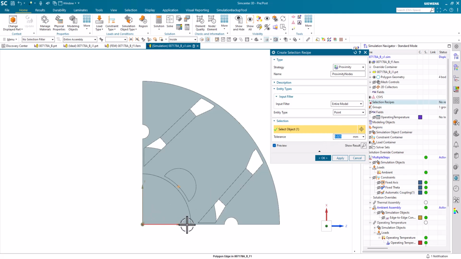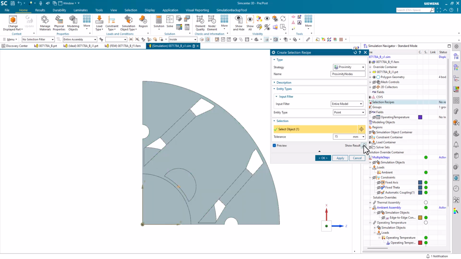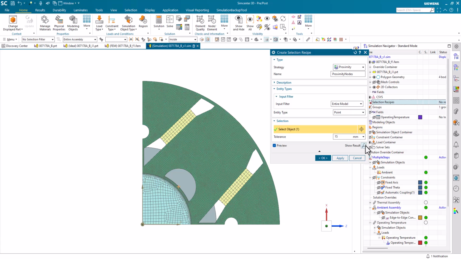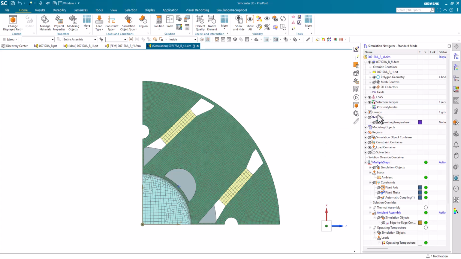Its radius is 18, so maybe I'll do 15 or 10. Do 15 first, and show result. I've got to show my mesh, undo, turn, show result. It's not showing it, right? I'm going to say OK to this, and then